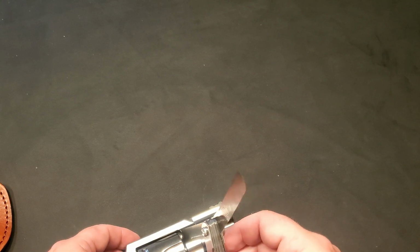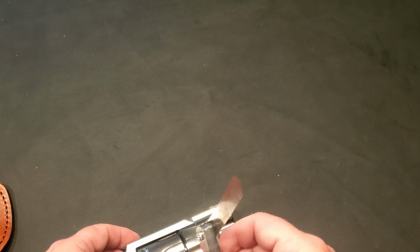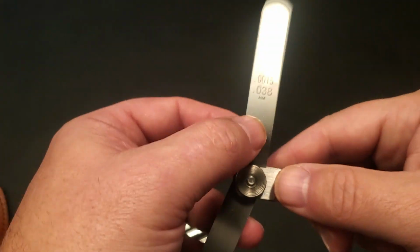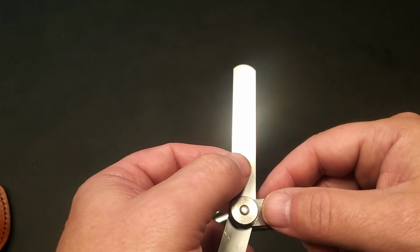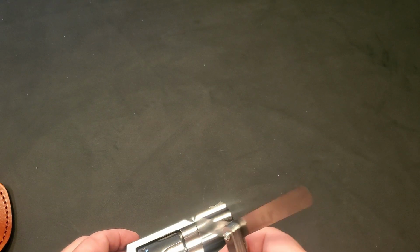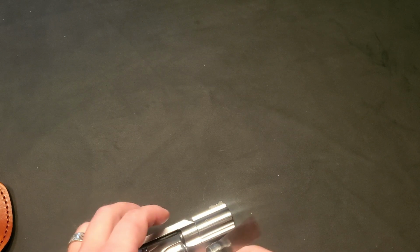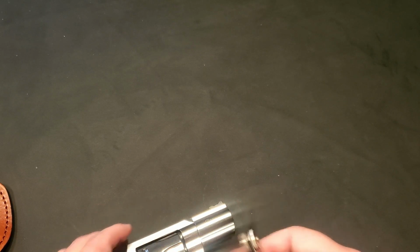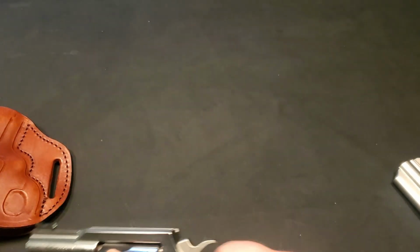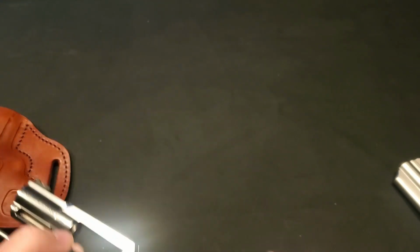I mean, I can barely get that in there. And this one is a 0.0015, 0.38 millimeter. I mean, I really have to crank. So I'm going to show you